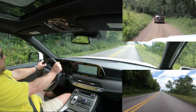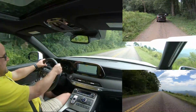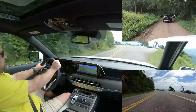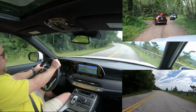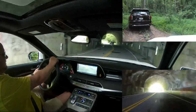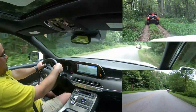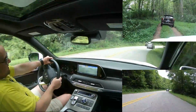And does it feel worth the price? Oh my God. For the 32 and anything in the 30s, Palisade is one of the most comfortable and luxurious vehicles you can get for the price. It feels a lot quieter and like it has a little bit better insulation and refinement than the VW Atlas. Feels like it rides softer than the Atlas, a little bit firmer than cars like Highlander,